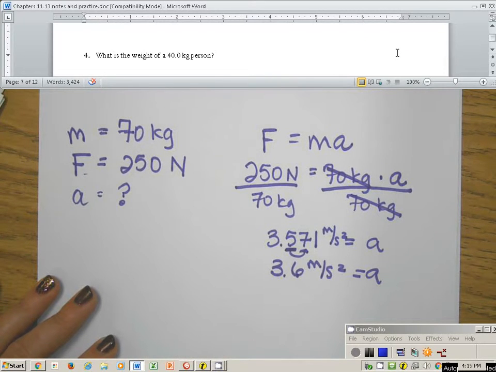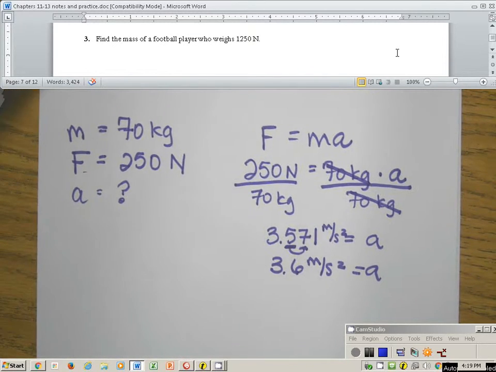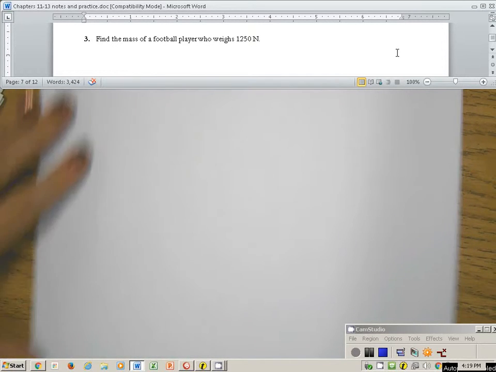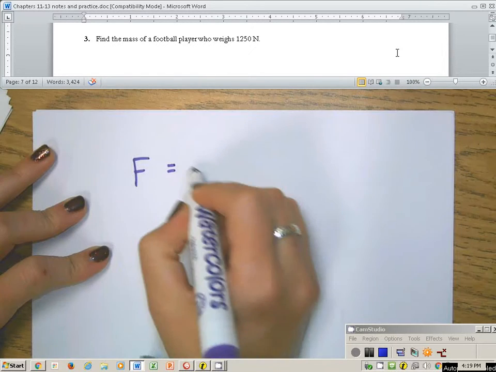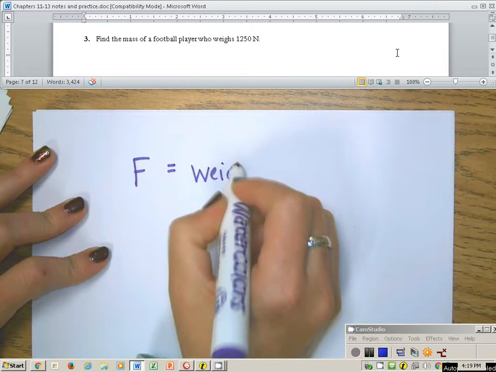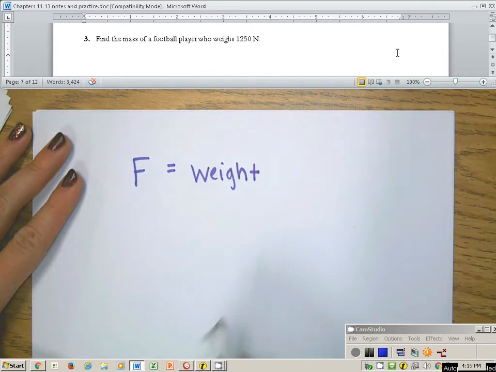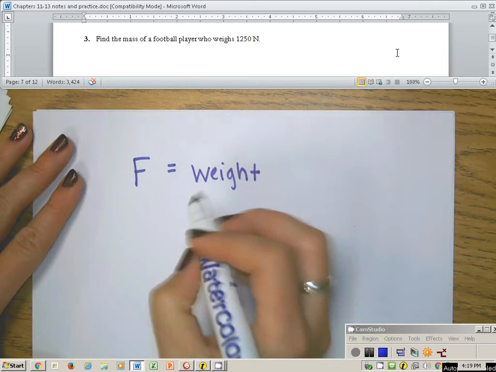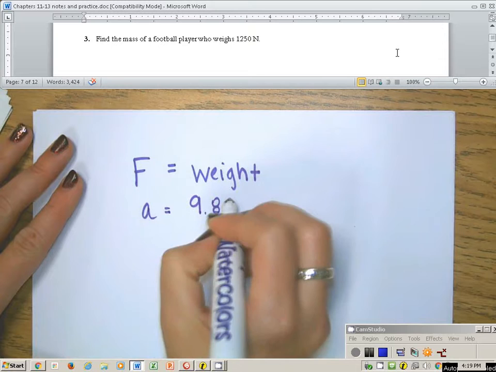We'll skip a couple of questions here. Actually, no, we're going to do this one. I realize now it meets my needs. When I'm asked about weight, one of the things that we should know is that force is equal to weight. Because when you stand on a scale, the force of gravity is pulling you down, and gravity has an acceleration of 9.8 meters per second squared